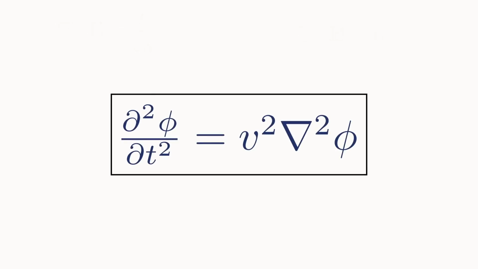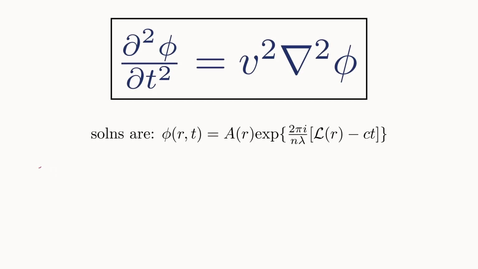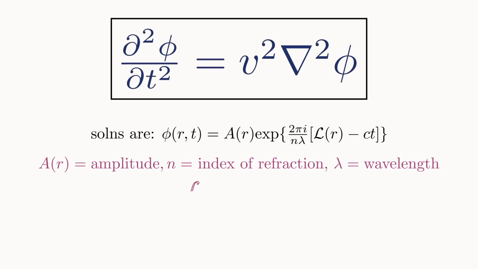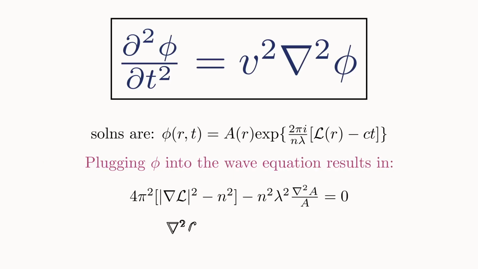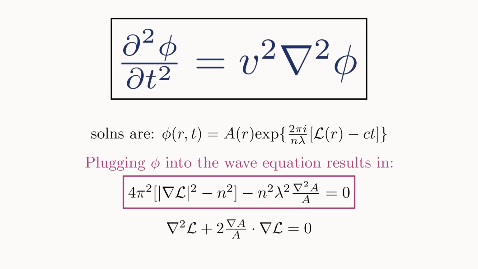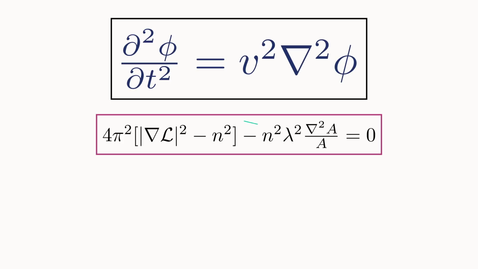And the solutions to this equation have the following form, where A is a function describing the amplitude of the wave, N is the index of refraction, lambda is the wavelength, and L is a function called the iconal. After plugging this solution into the above wave equation, we get 2 different equations corresponding to the real and imaginary part. Focusing on the real part, we can see that if we take the limit as the wavelength approaches 0,